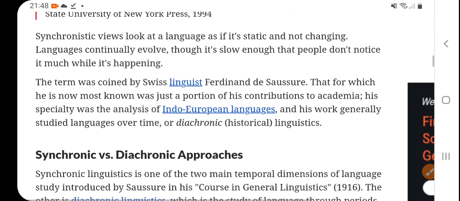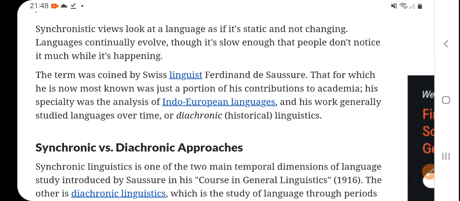Now the synchronic view looks at a language as if it's static or not changing. So that is the synchronic view. It means looking at what kind of words are still used and what words or grammar are changing. That's the study of